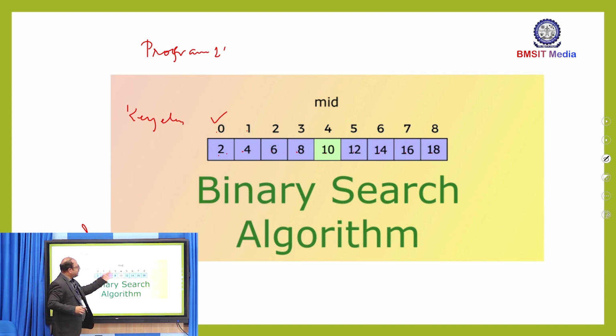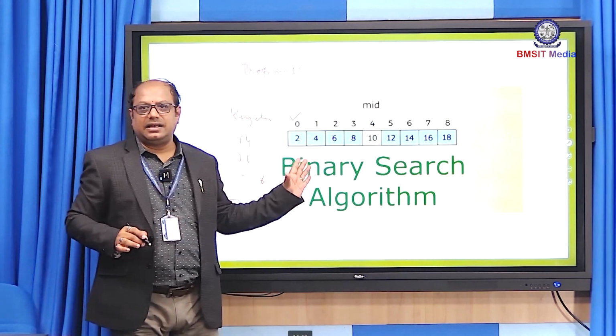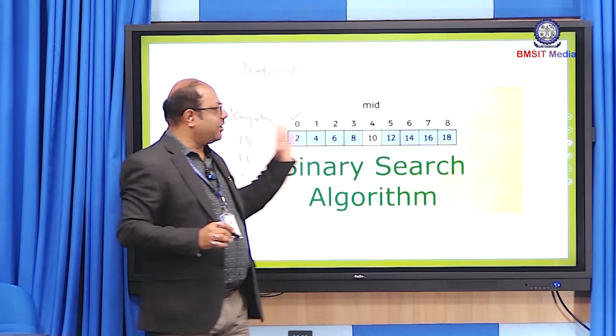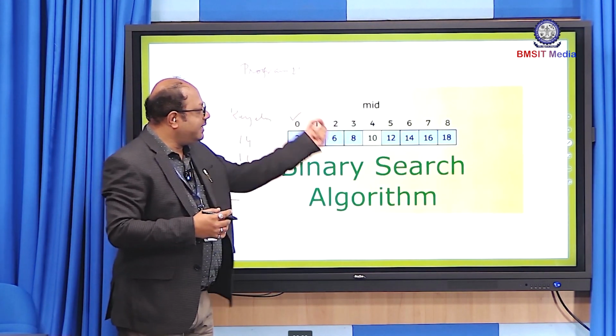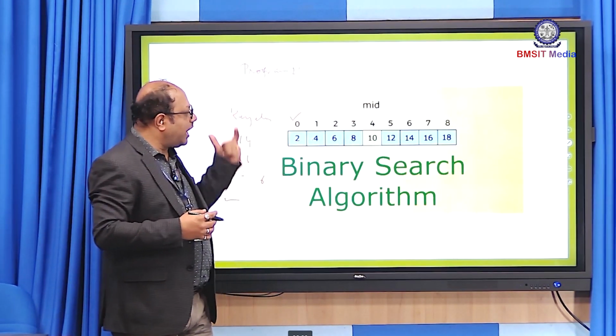Suppose my key element can be 14, 16, 4, or 6. It can be any element which should be there in this list. If the element is there, we have to find that particular element, whether it is there or not. During this identification of whether the element exists in the array or list, we have to apply